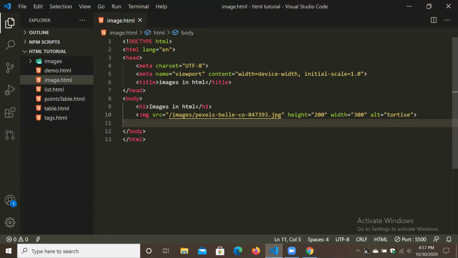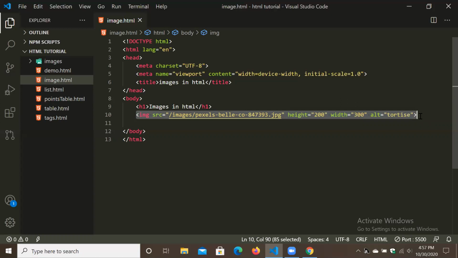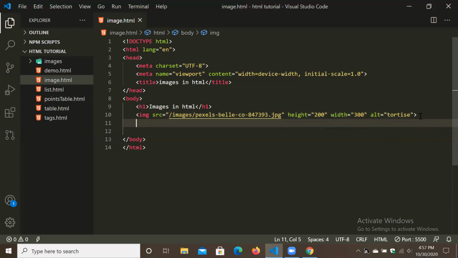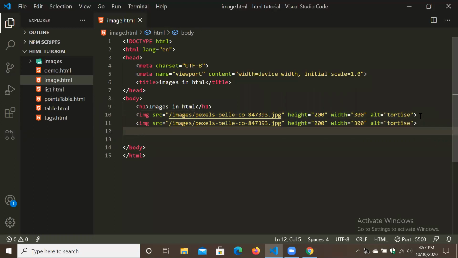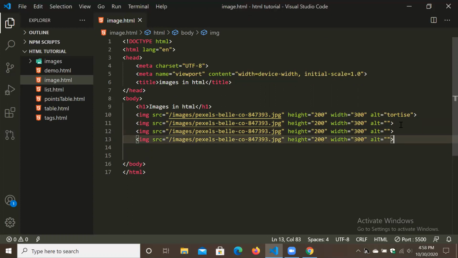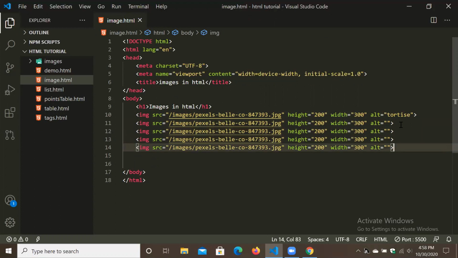So we have to first copy paste this, Control C and paste. First we have to remove this tortoise, otherwise every image will come with the name tortoise. Control C, now paste, paste again.